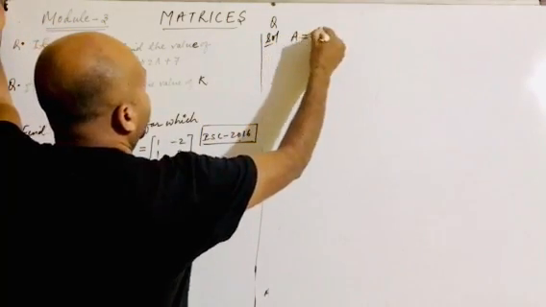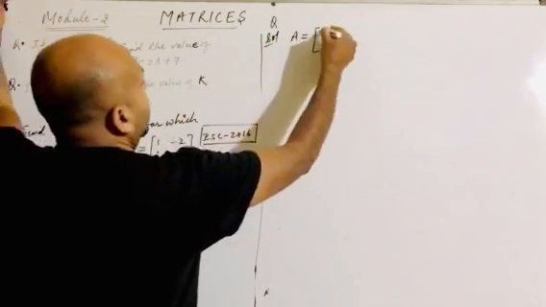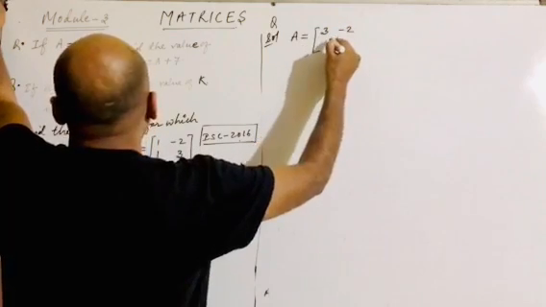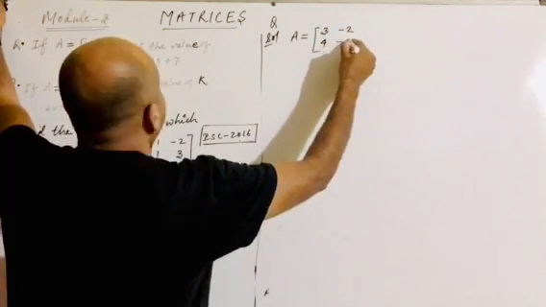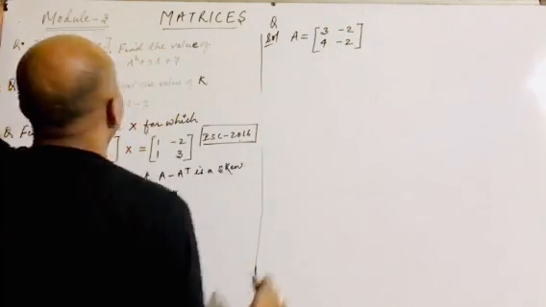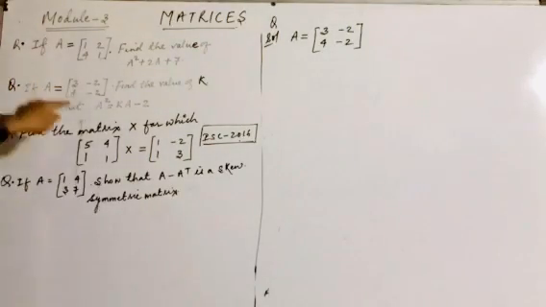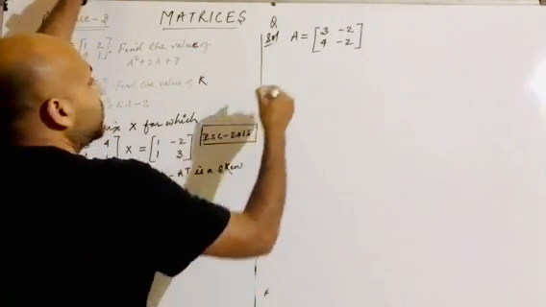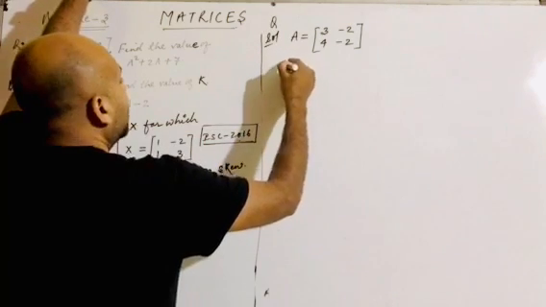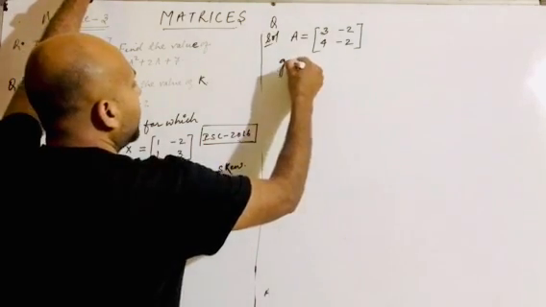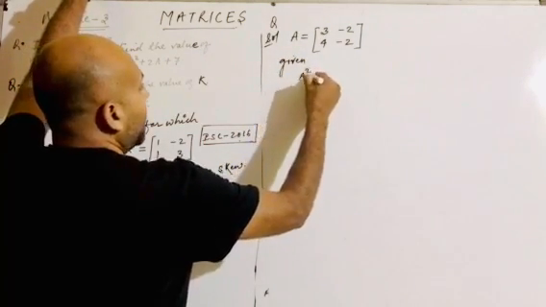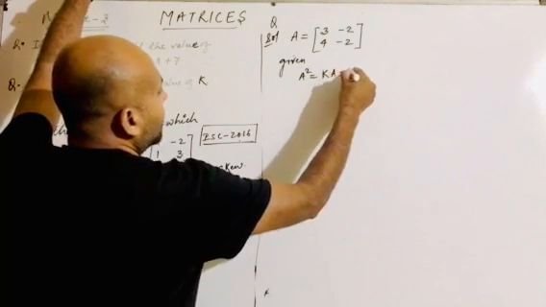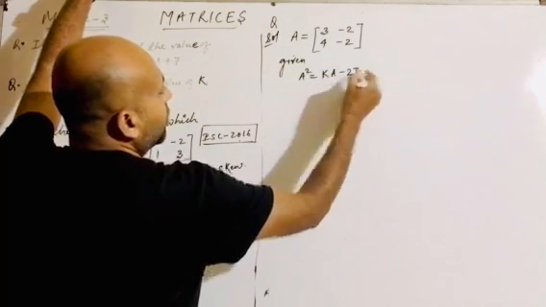it is given A equals to 3 minus 2 4, and then again it is what? Minus 2. In this question it is given we have to find the value of k, so that the condition is given A square equals kA minus 2. Since it is given I will write here simply given is A square is equals to kA minus 2, so 2 can be written as 2 times of I2.